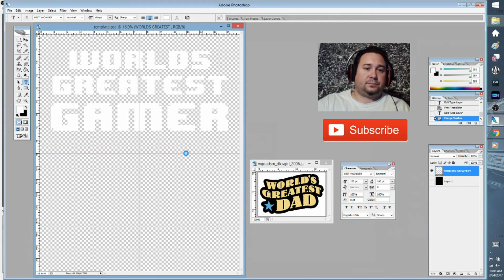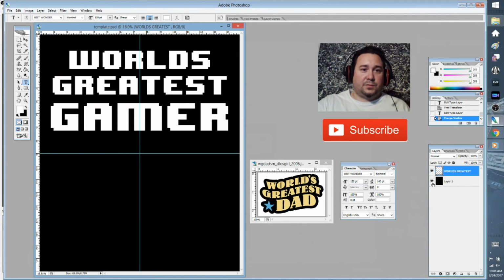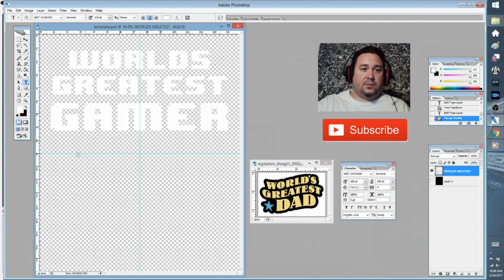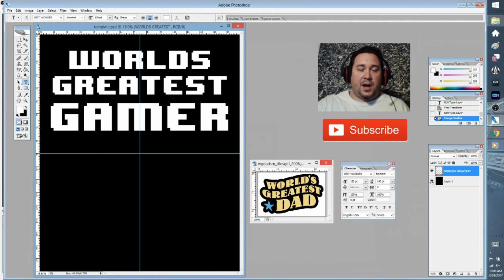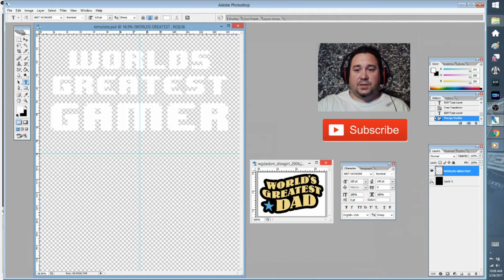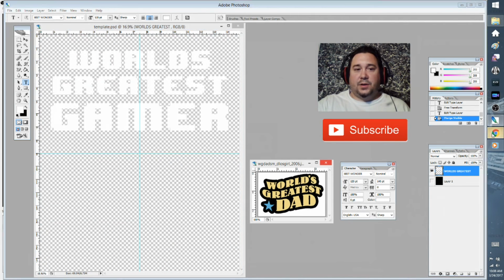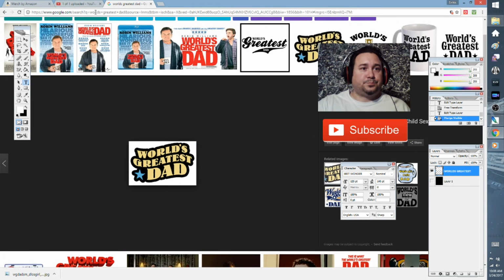So now that we've done that, we've created our shirt. We've basically gone from creating the font, putting everything down in there, messing with the sizes. We like what it looks like. This is what it's going to look like. We saved it with a transparent layer. When you're saving it, you definitely want to unclick the eyeball, because if you leave the eyeball on and you save it, it's going to save that layer. So now we're going to go to